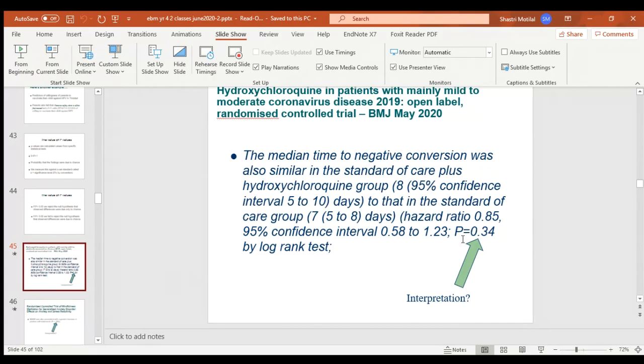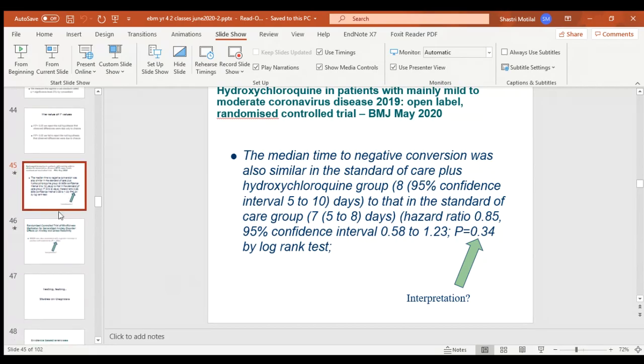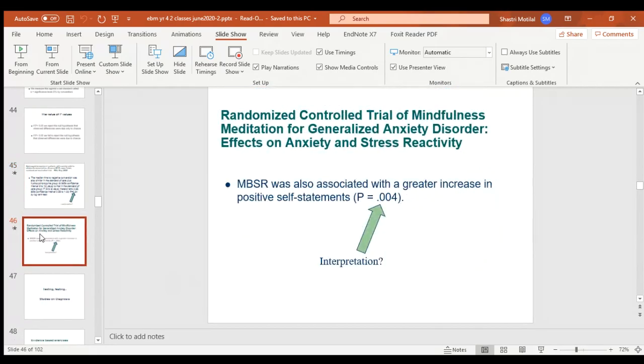0.34 is more than 0.05. So it is not statistically significant. The median time to negative conversion in both groups were the same, right? So again, straightforward example. And the last one I'll talk about, I just got this from a study that looked at